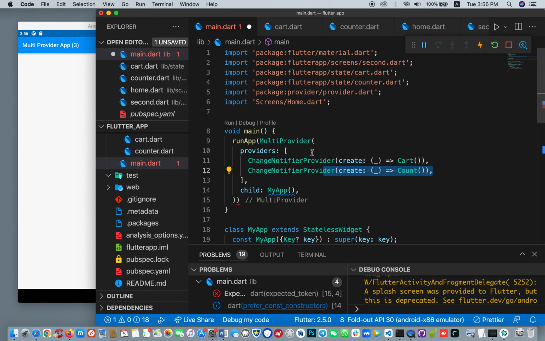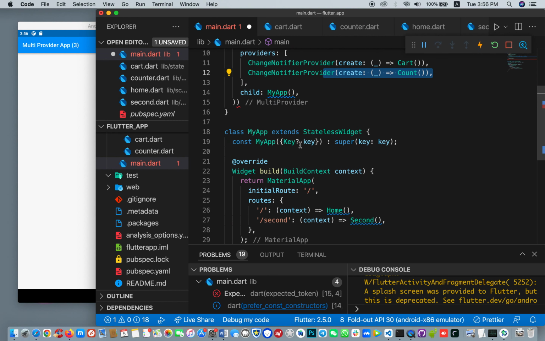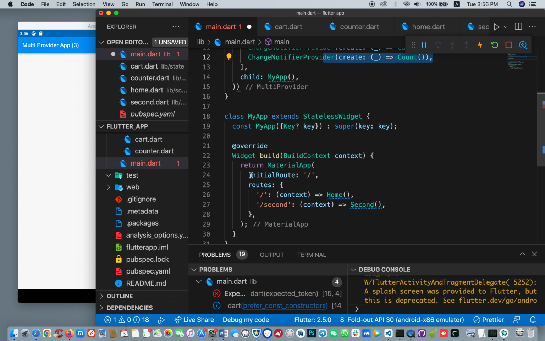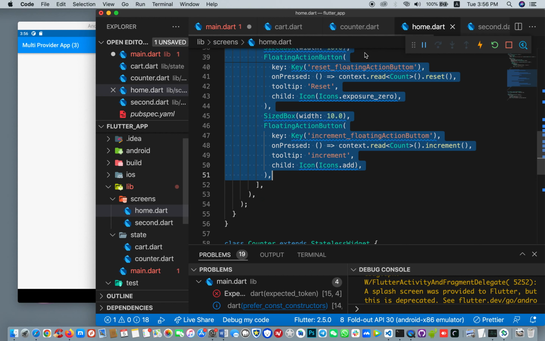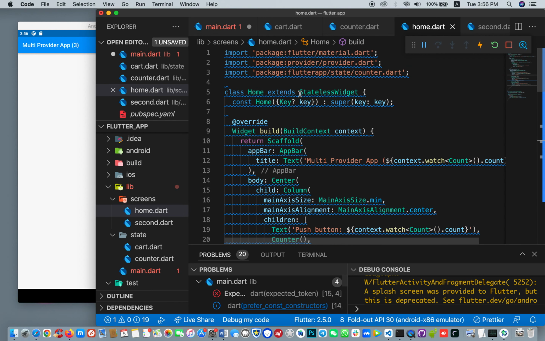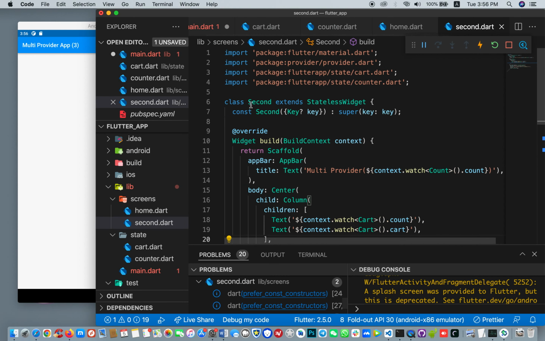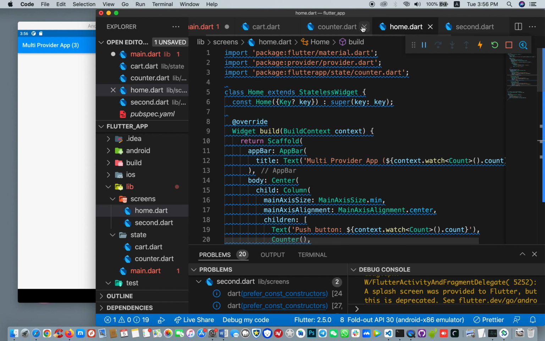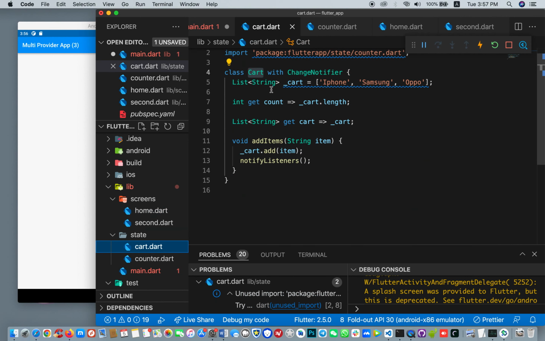So we call it in the multi-provider. Then MyApp extends, and MyApp is using the initial route, which is the home, and then the second page, which is the second here. So the initial route will use the home here, and then the other one will use the second here. Okay, so inside the states, this is the cat, and inside the state we have a list of phones,